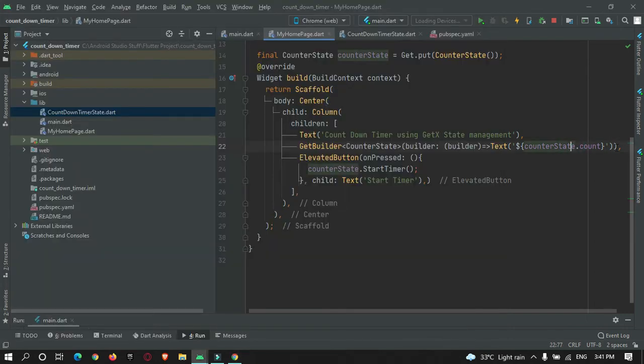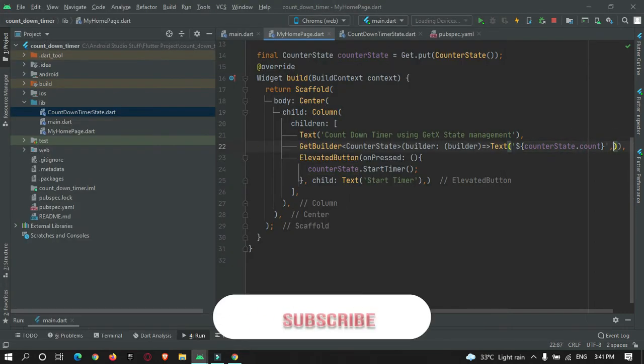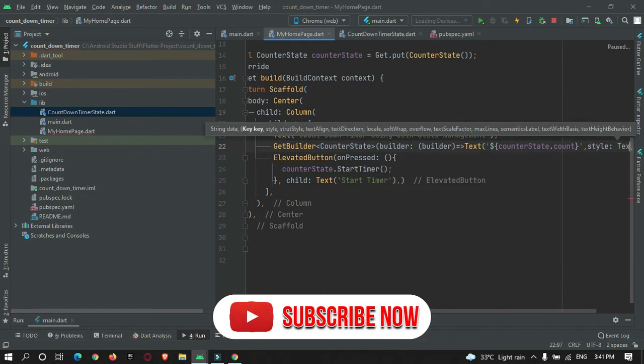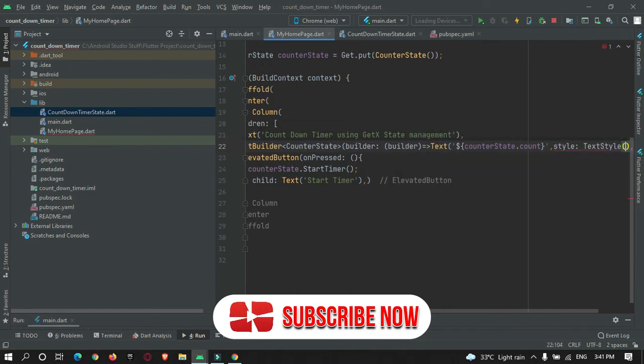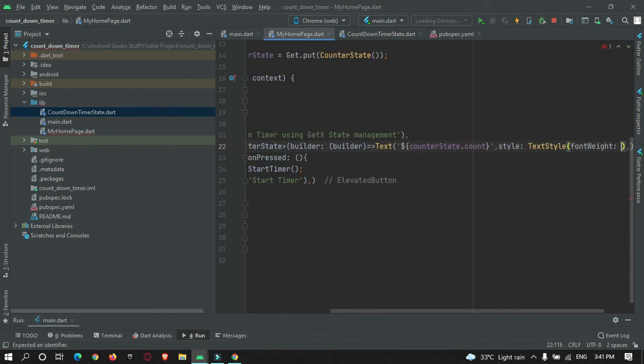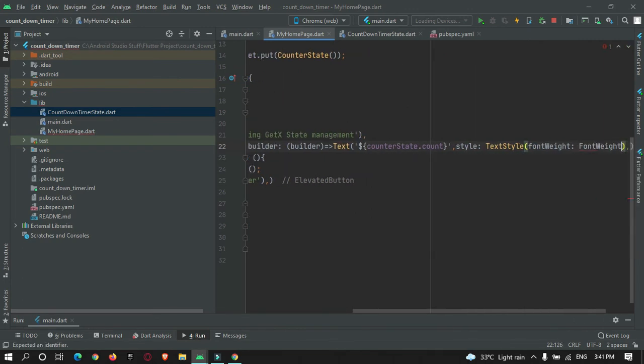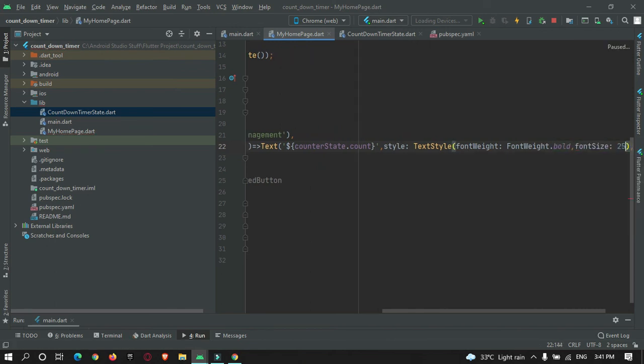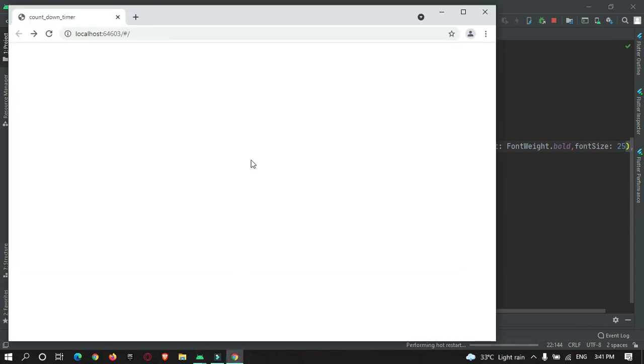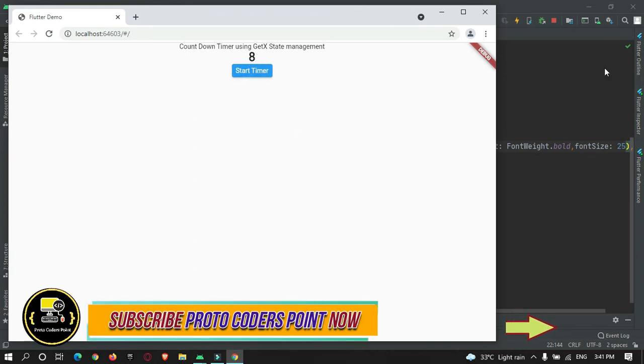I have not given any size to this, so let's give fontWeight bold and fontSize 25, and restart. As you can see, the timer is working.